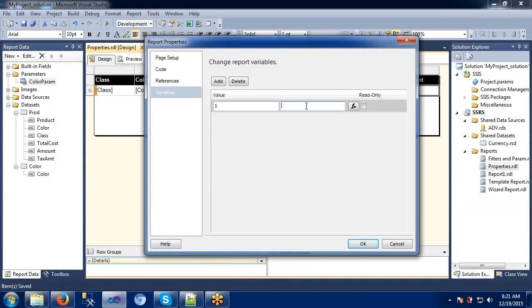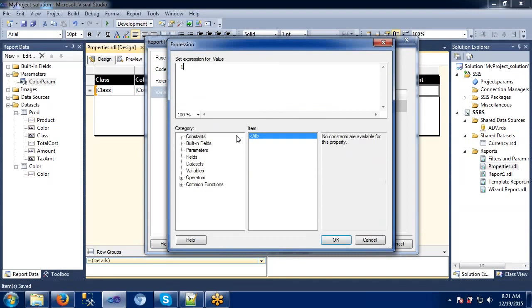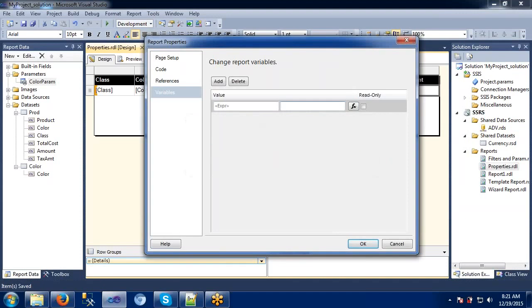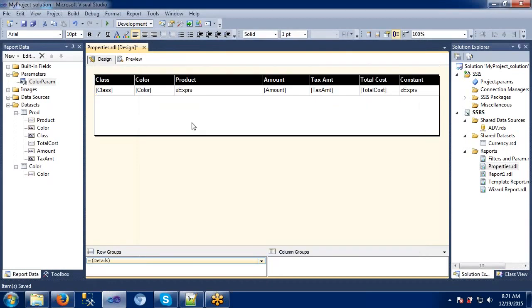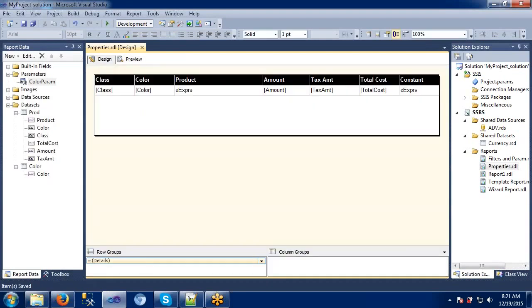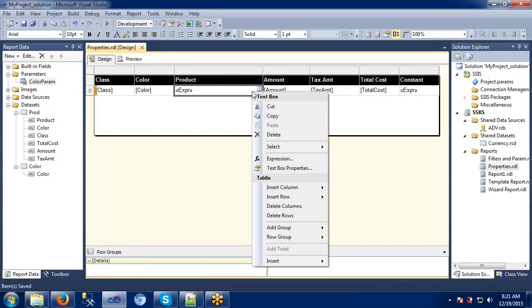It is giving me some expression. We can use these expressions also. I have given something here. Let's try to use it. I just added some 100 to this one, so it is throwing me some error. Let's not worry about this one. Anyways, we have used this one here, right?